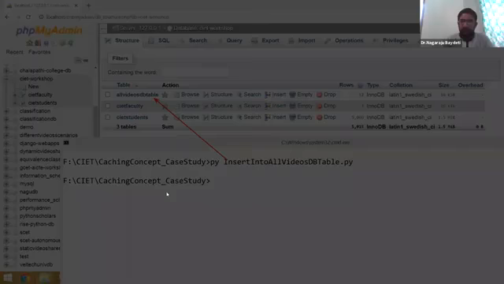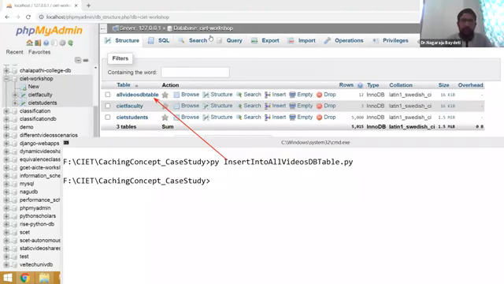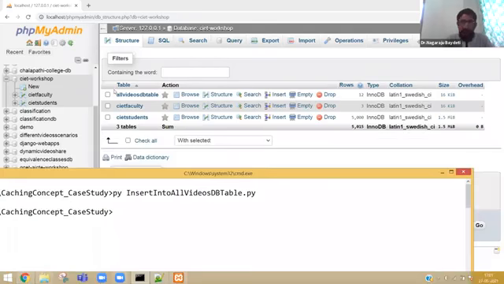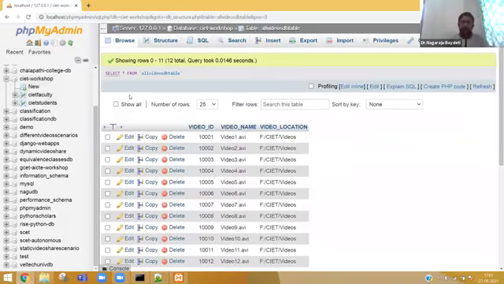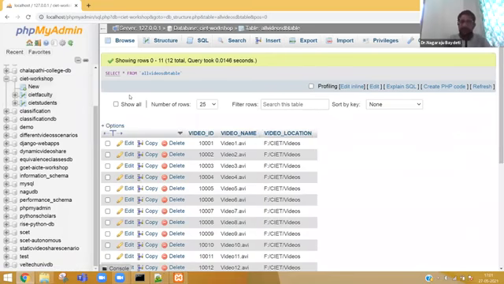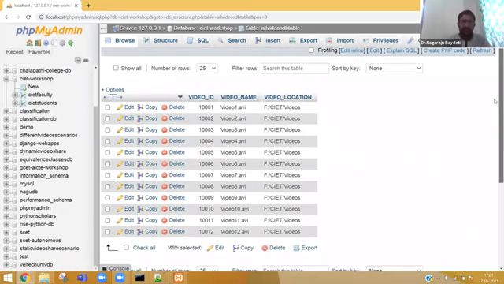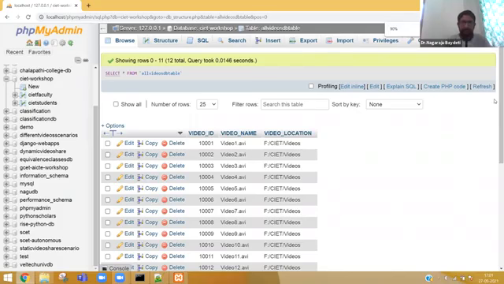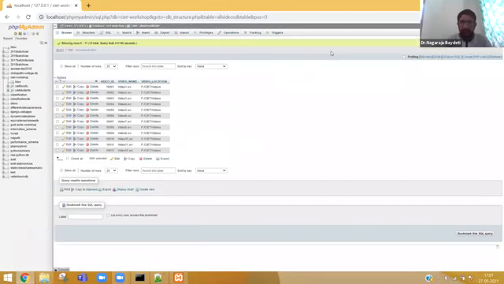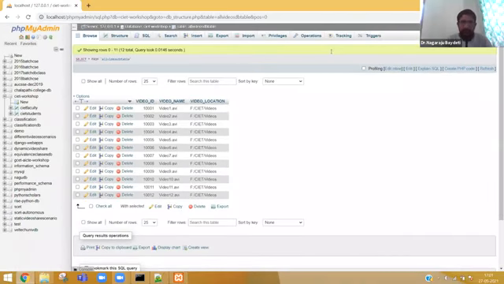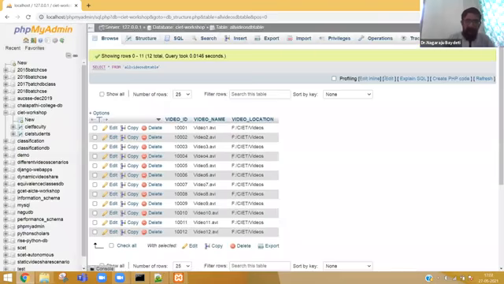Okay. Now, if you really want to open and see what exactly the table has, you can open it and clearly see that this is just metadata.